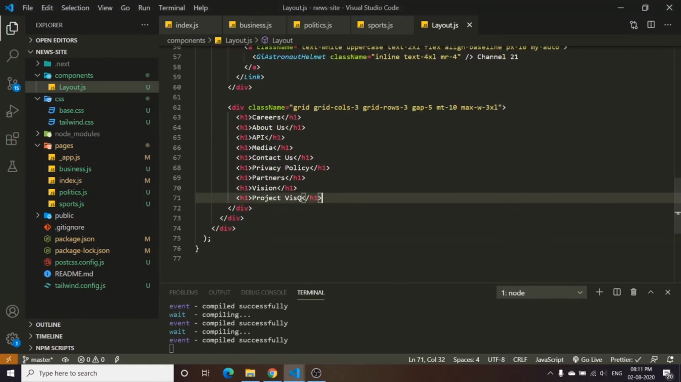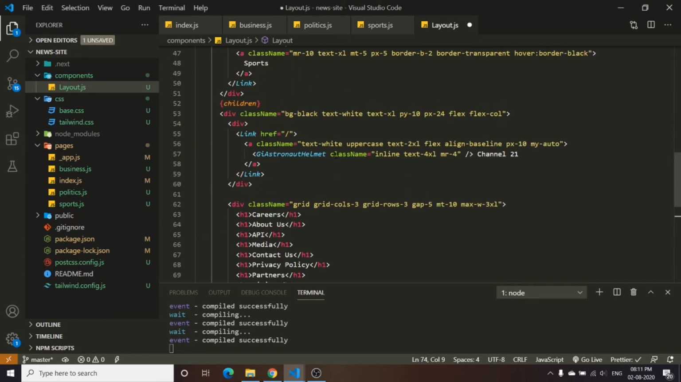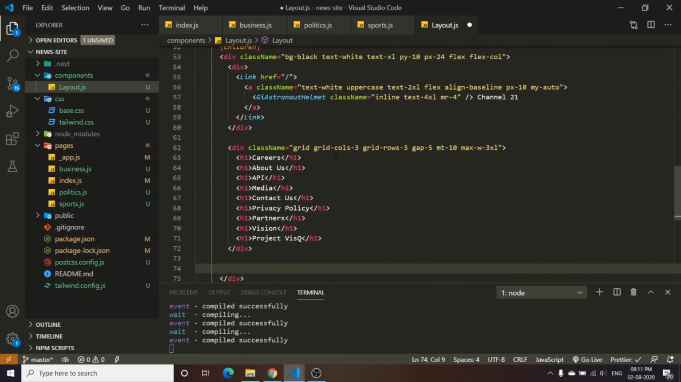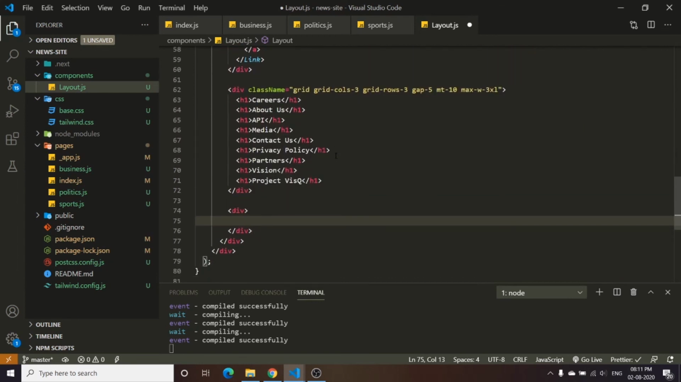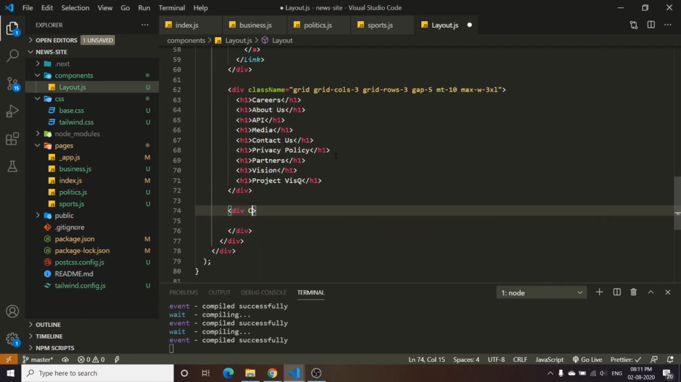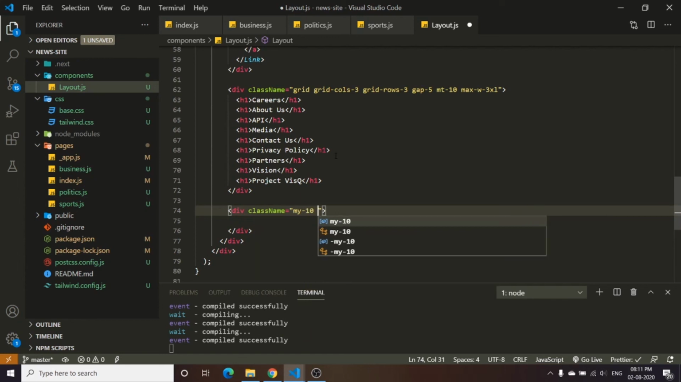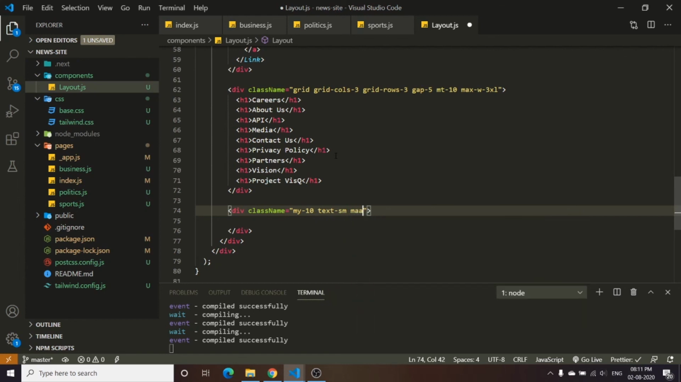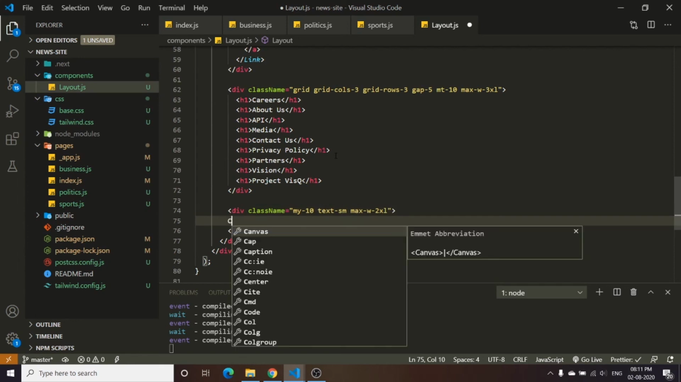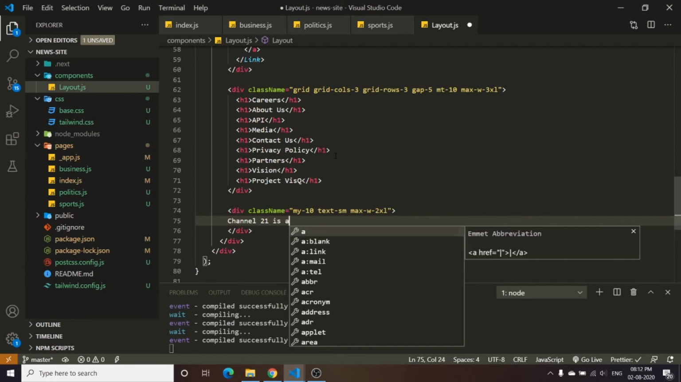Okay, so now that we have this thing running, at the bottom we will have another div. Inside this div, let's give it a few classes, and the classes would be margin y of 10, and small text, and the maximum width it can take is going to be 2XL, and inside that we will write anything that we want, legal stuff. Channel 21 is a